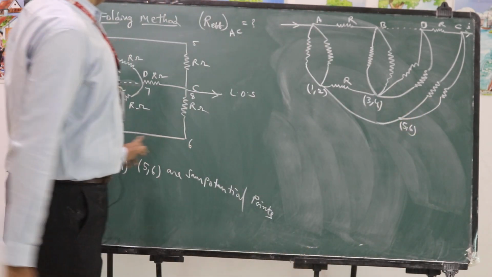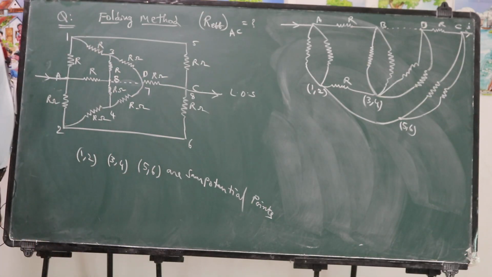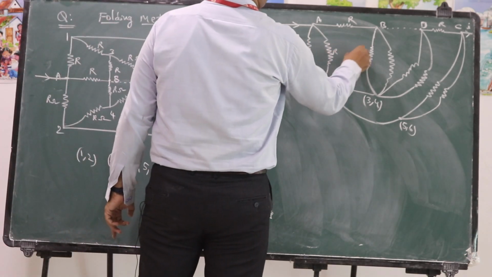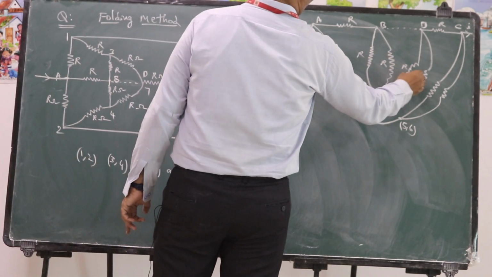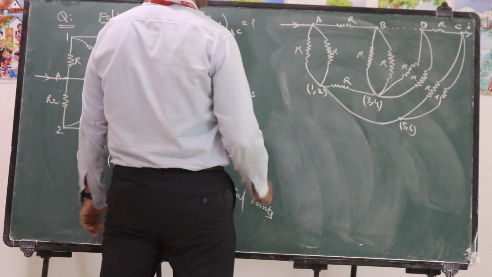That 5 and 6 joint point is directly connected to 2. So all these resistors are R like this. If you rearrange this structure,